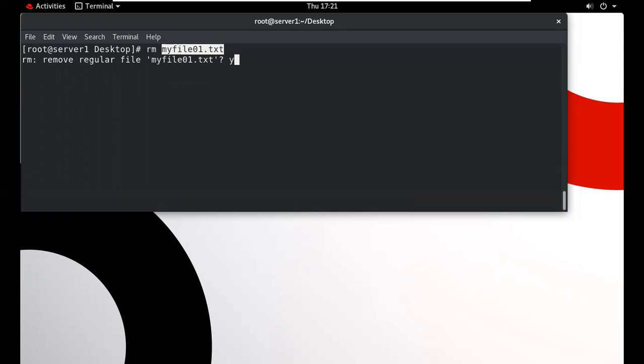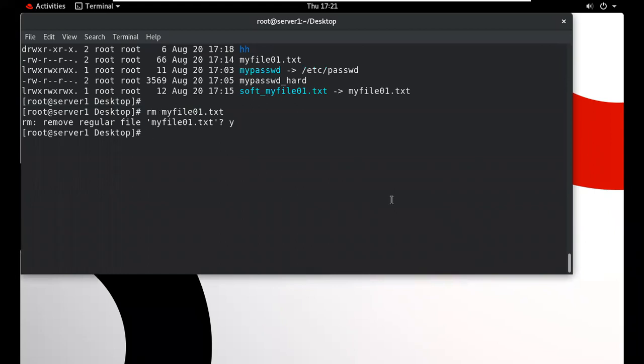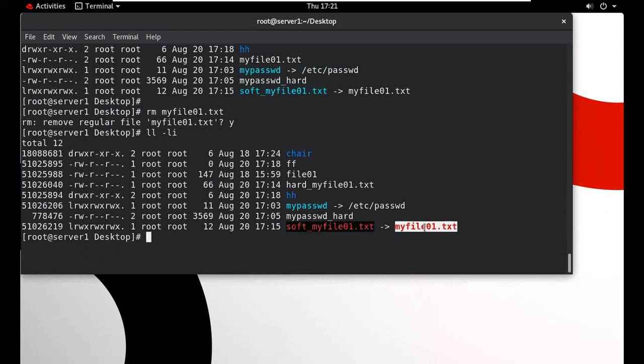Just when we delete this, then what is the result? Your soft link will not work. It will show me a message like this, and it will also show a red line. But your hard link will work. But now see, your link count will change. It's just a regular file, not a hard link. At this time, it's not a hard link, it's just a regular file, because we can create a hard link only for a regular file.